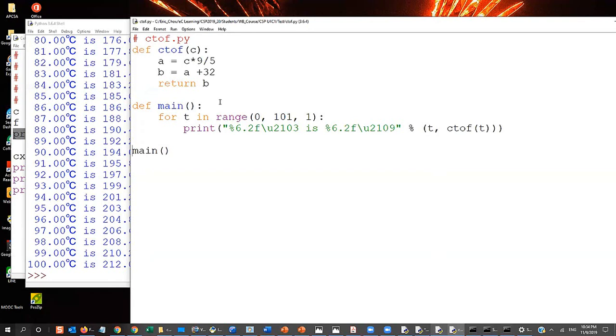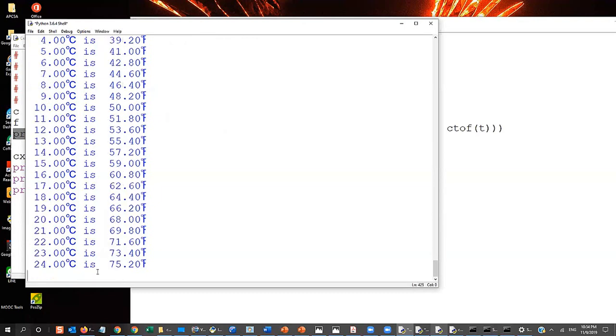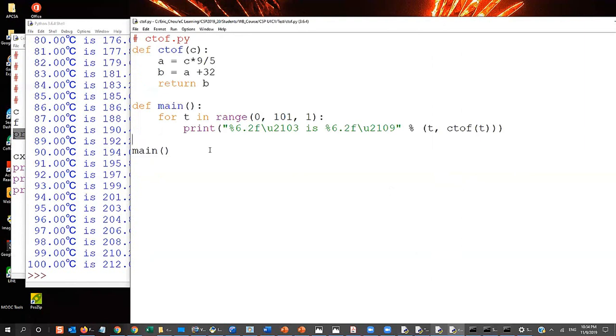Okay, but if I also still import my C to F, hey, it's still run once. I don't want it to run once. Okay, so how can I solve it? So here I can do if __name__ equals __main__, that is. So if that